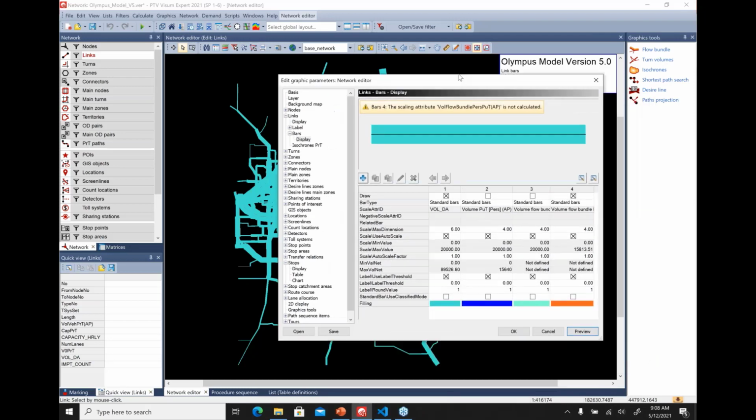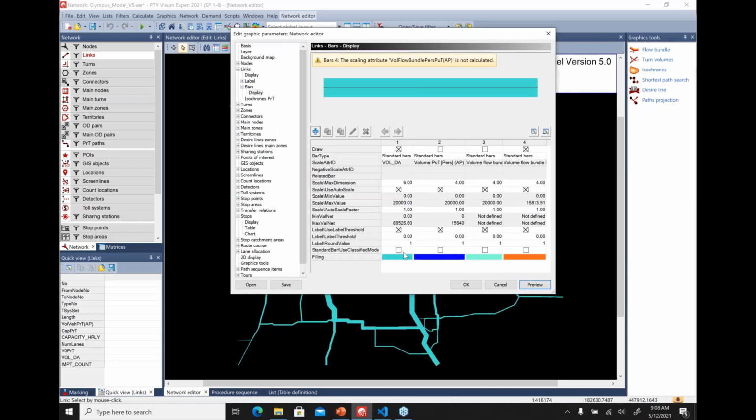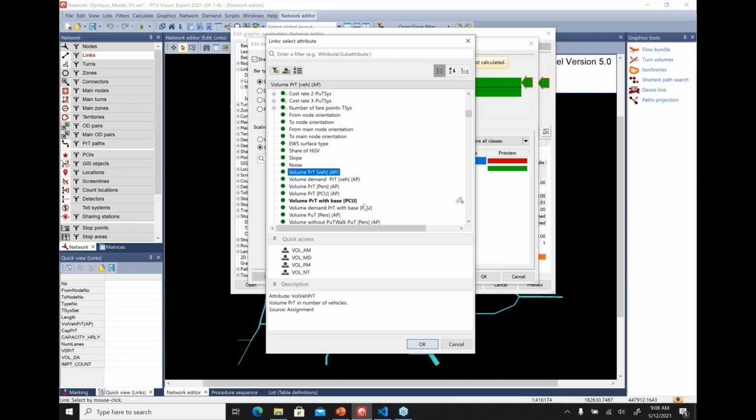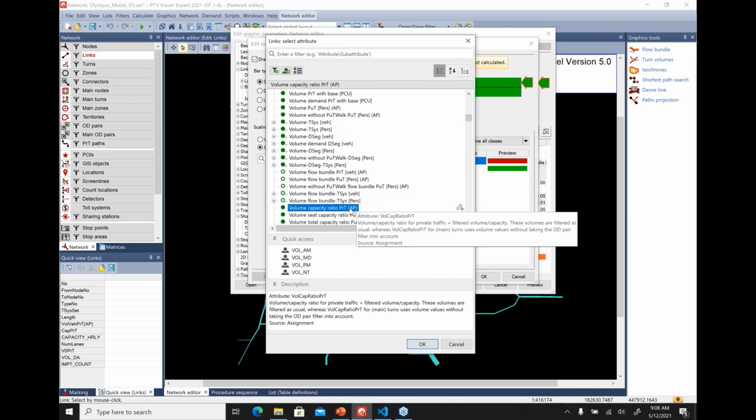So here again, you can classify these link bars. For the classification, you can check use classified mode. Click the filling over here, and that brings up another dialog for classification. Let's say you want to classify this by volume to capacity ratio. You can select classified display, select from these attributes the classification attribute, which in this case would be volume to capacity ratio over here,